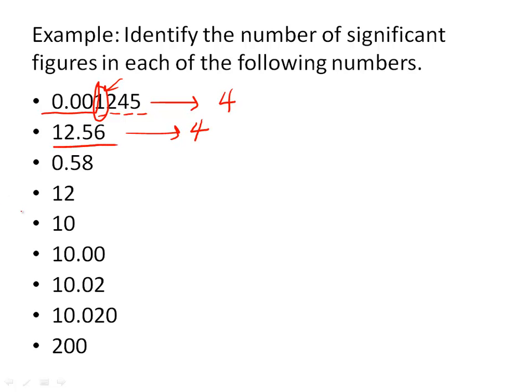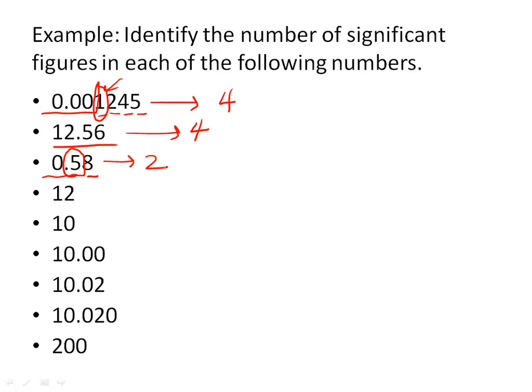So there are 4 sig figs in that number. 0.58. That first 0 is a leading 0. It's not significant because remember, when we're counting significant figures, we always start counting on the left-hand side, and we start counting with our first non-zero digit. My first non-zero digit is this 5, and of course the 8 is also significant, so this would have 2